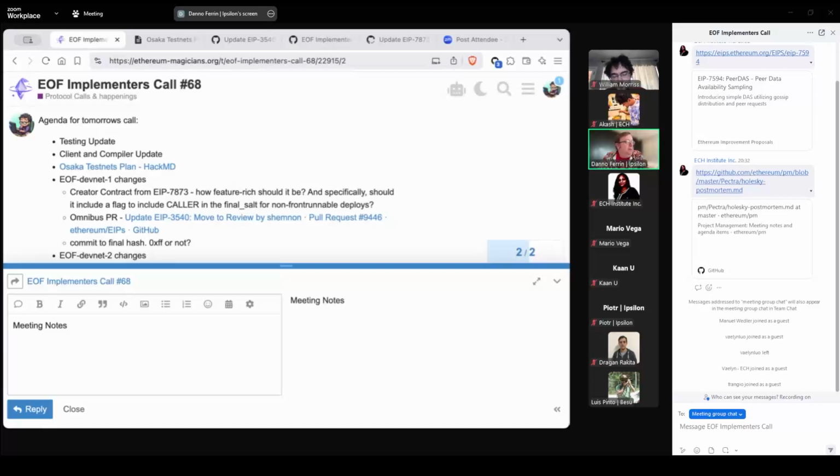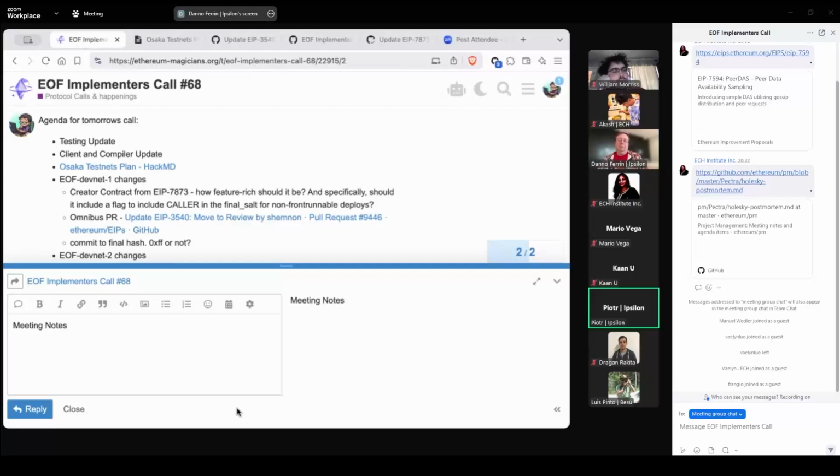Okay, EVM1. Go ahead. So we've got the TXCREATE bringing it back in progress, and also the EOFCREATE hashing change, and we've also prototyped one of the quality of life improvements, which was the EOFCREATE order of stack arguments.